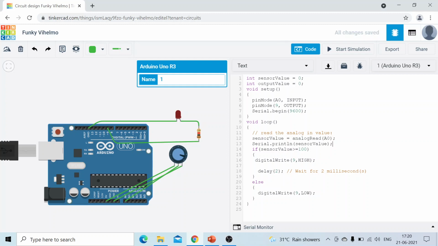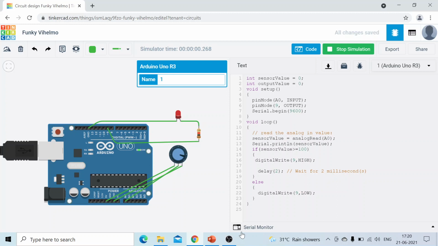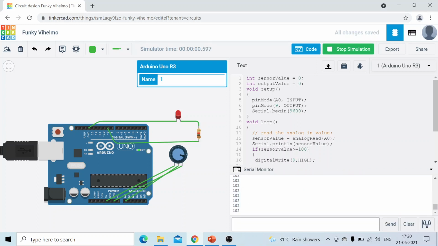So you can see here is your serial window, and we can start the simulation and check what the value of the sensor is after changing the wiper of the potentiometer. So see, start this simulation. Now I will open this serial window. You will get the value here. This is the analog A0 value. Whatever value we are getting on A0 will appear on this serial window.